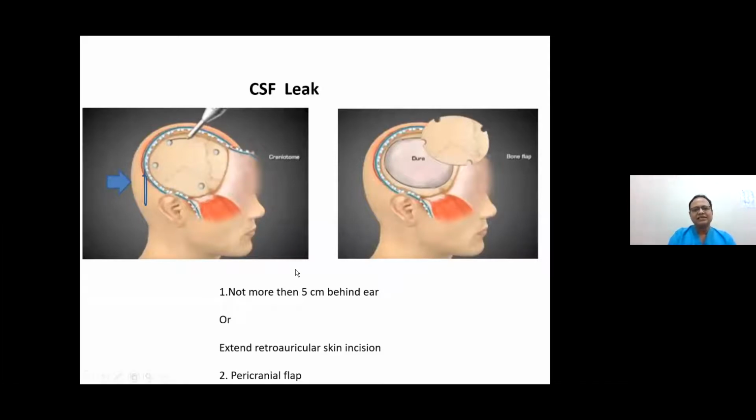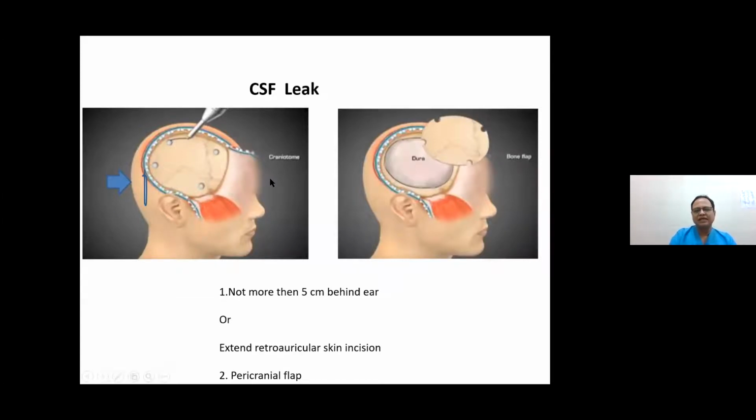The third most common complication is CSF leak. CSF leak is more common if the incision is 5 centimeters behind the pinna. Then vascularity is lost, so that causes wound healing problems and CSF leak. So the way to reduce the incidence of CSF leak is probably to extend the incision in the retroauricular area